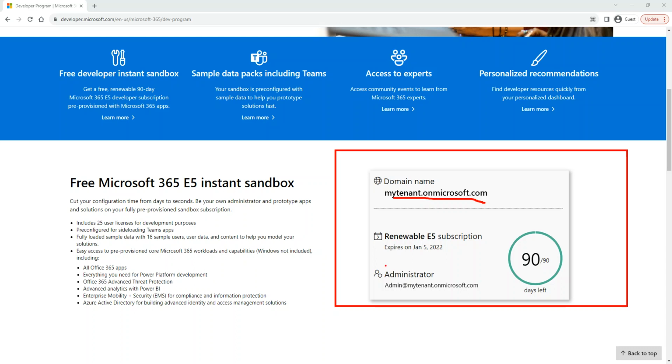This Office 365 will give us a renewable E5 subscription. E5 subscription is what Microsoft sells to Fortune 500 type organizations. It costs pretty much close to $60 per license per month per user. If a company has 100 employees and each employee is going to have an email, basically that means